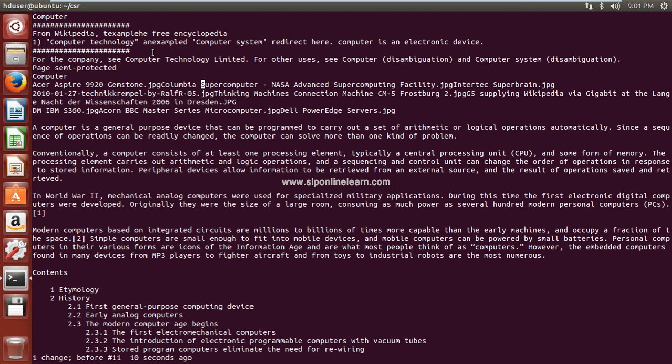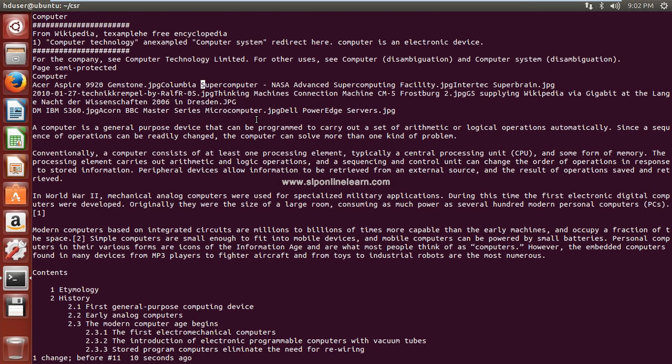I want to replace this supercomputer with all capital letters. Actually, we have one command that will change the case. Anyway, we are going to replace it by typing uppercase characters.